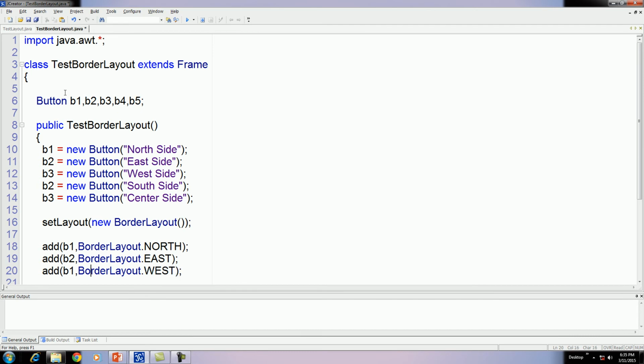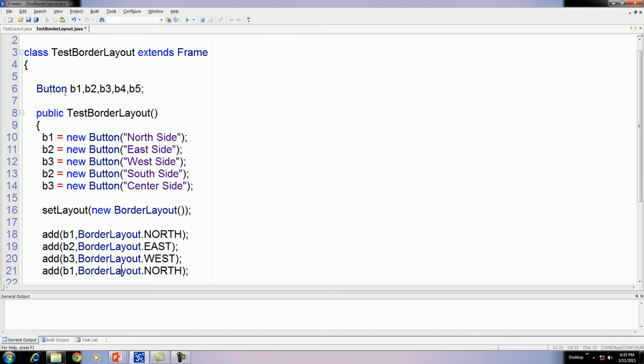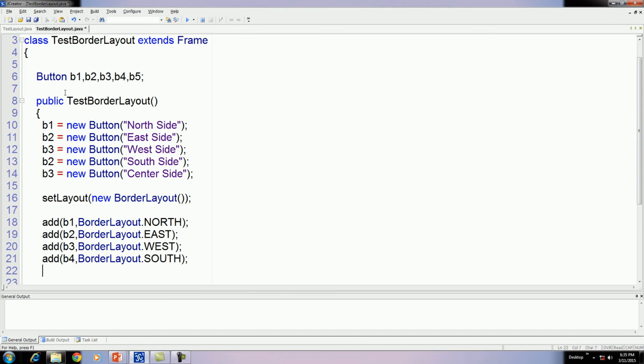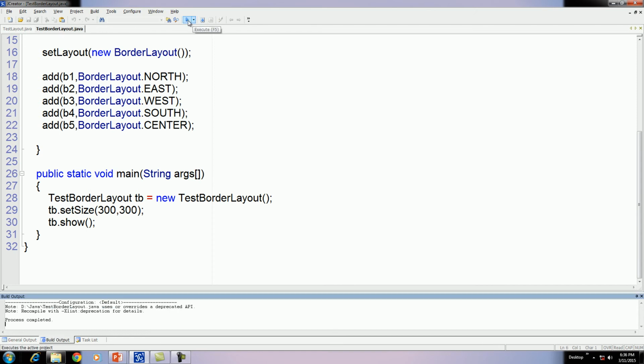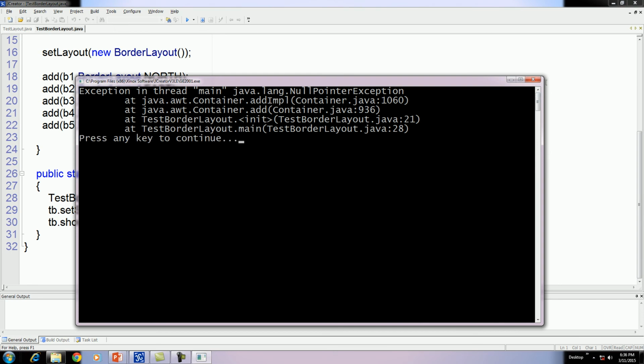These are constants, therefore you should write them in capital letters. There is south, and finally center. Now here is the constructor and size. Suppose here I decrease the size. Okay, let us see the preview. What happened?